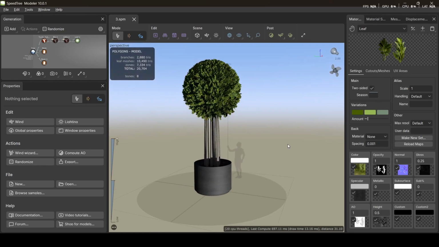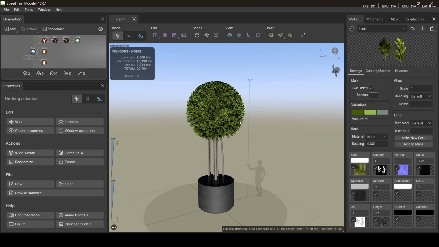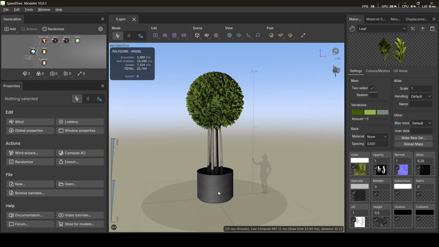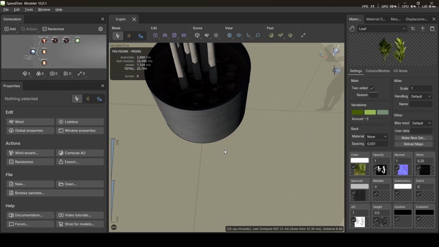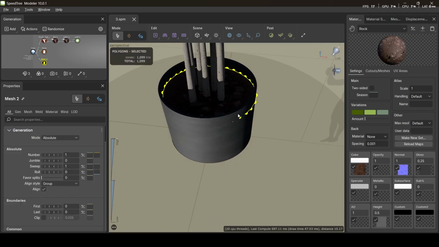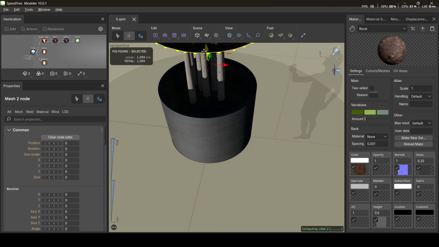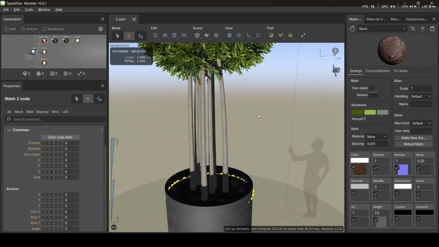Hi everyone, in today's tutorial we are going to create this plant named Flanders Bay. For that we have to export both the pot and the rock material, something like this. And the shape that we have to create the plant in,